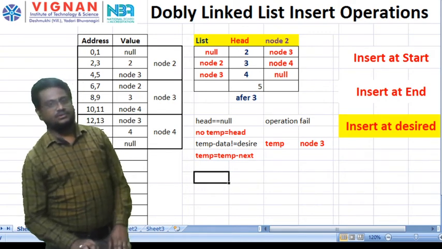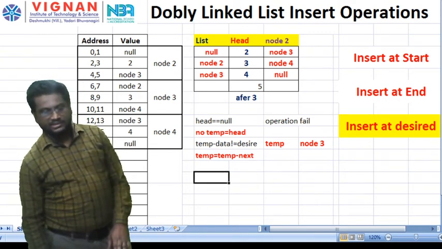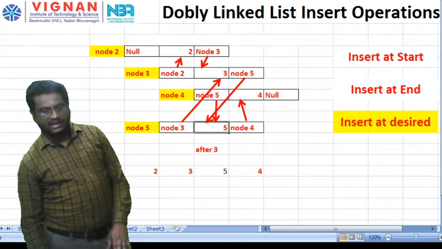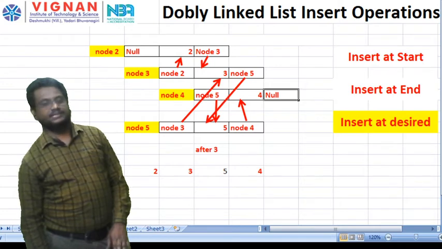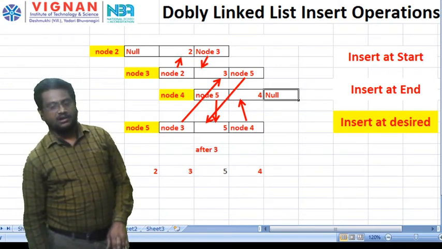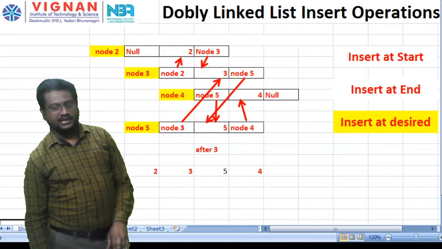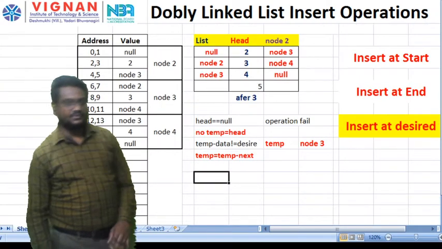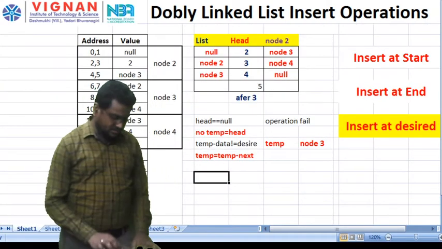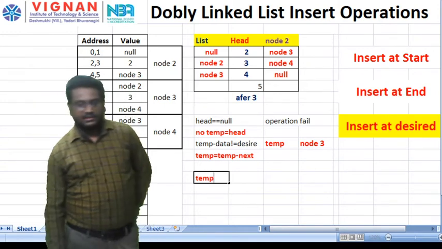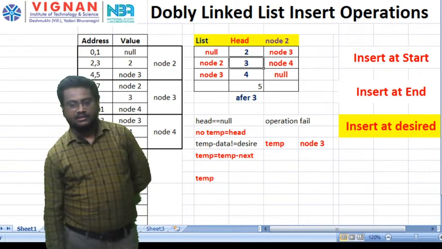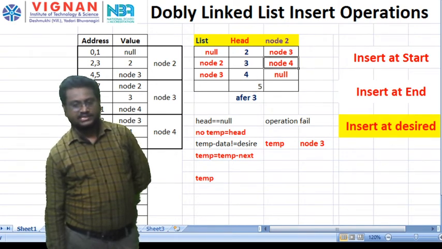Now what do I need to do? See, here I have done some operations. Am I right? I change this address, this address, here, here. Now all the operations should be done here also. What is temporary? Now node 3's next element must refer to 5.